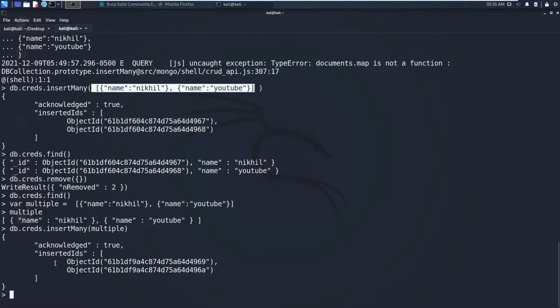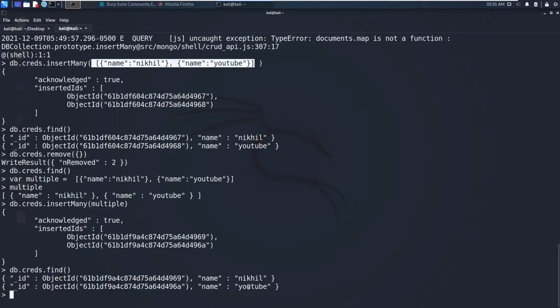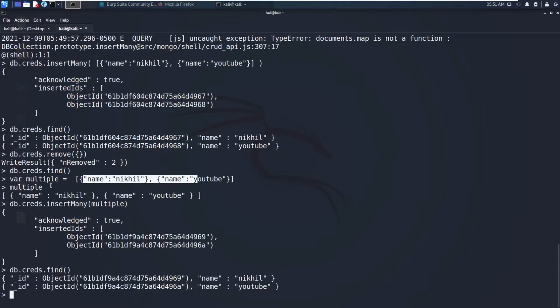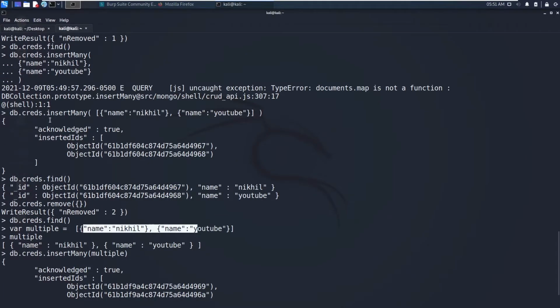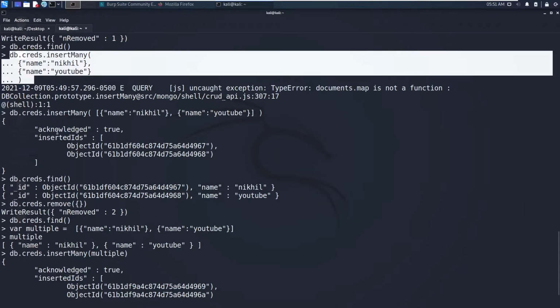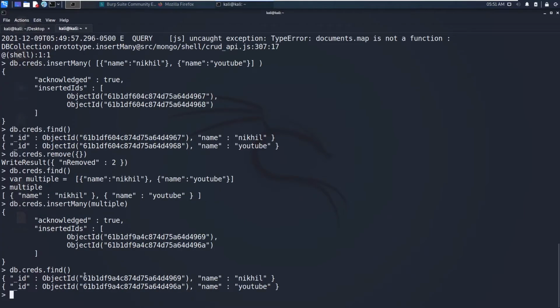So you can see inserted IDs. Let's say db dot creds dot find to get all the contents, and you get the exact data. So in this way you can store these multiple data in one variable, so it will look in a clean format. Here you can see this query becomes very large, and it might not be understandable if there are more rows.